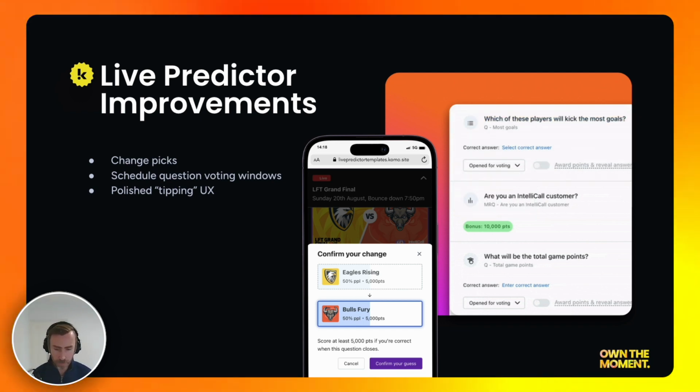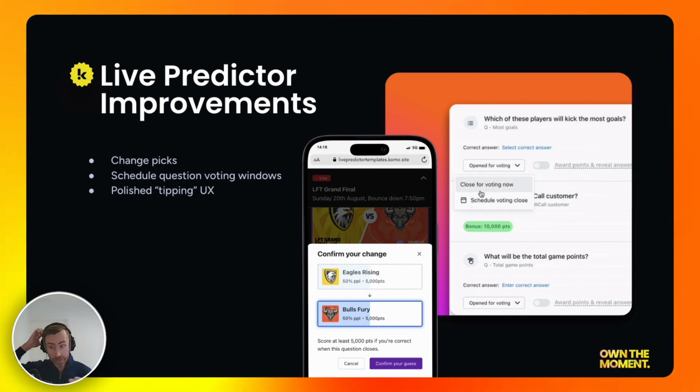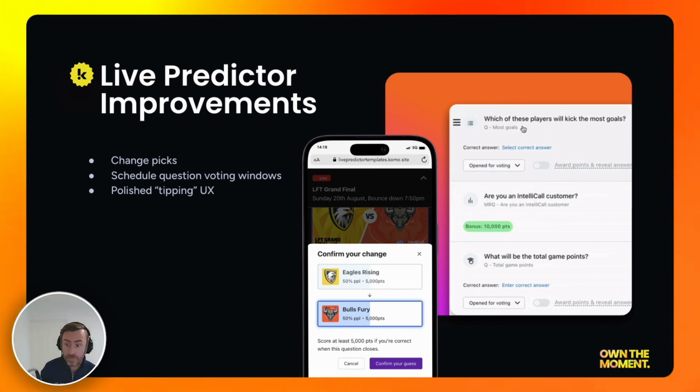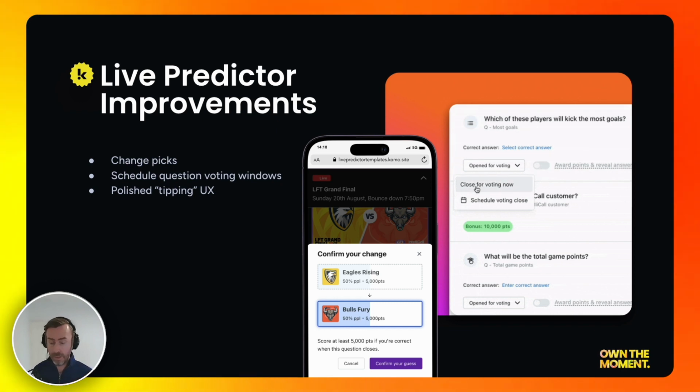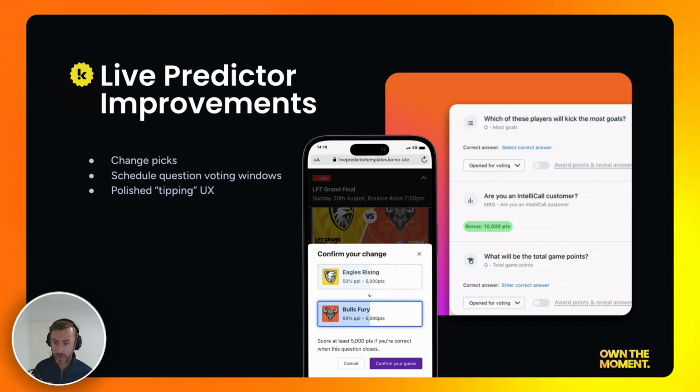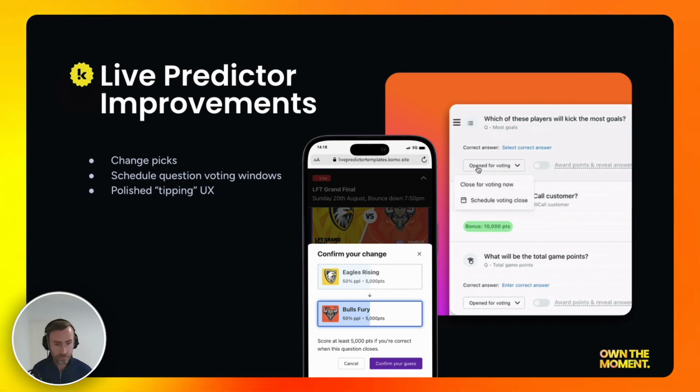This is really important because as the odds, or the points you will get for a correct tip in a sports game, change, you want to be able to change your pick right up until the game starts. For our customers, this is great because it means more engagement. You don't just pick once and not come back; you can come back and keep picking over time.